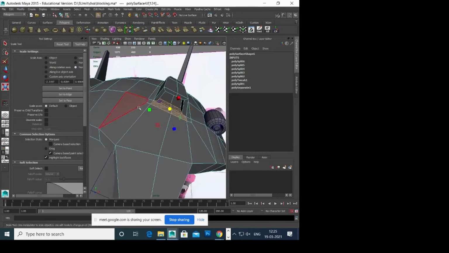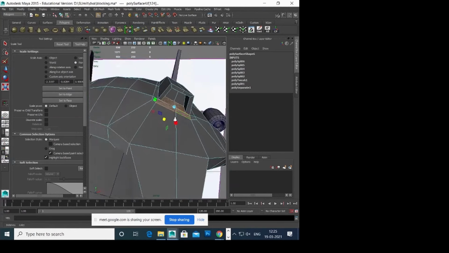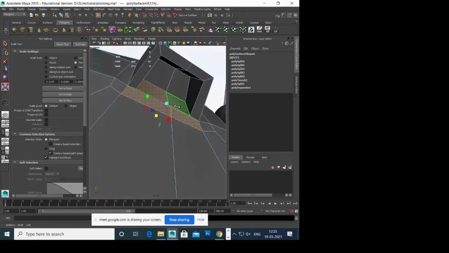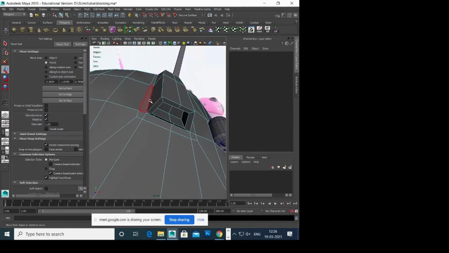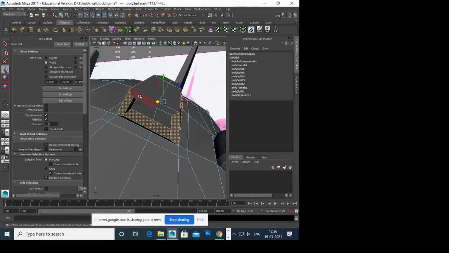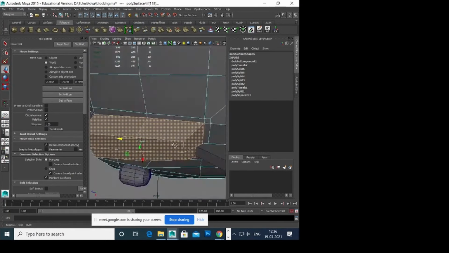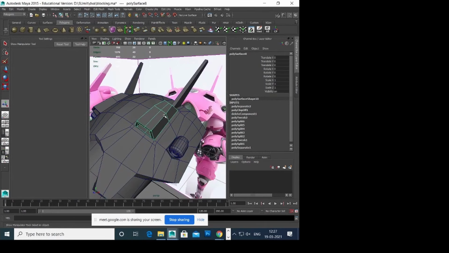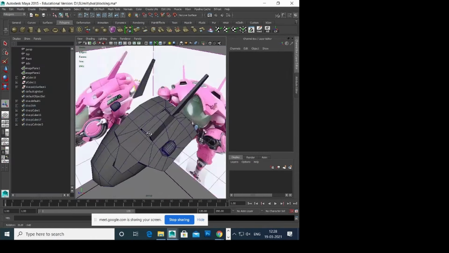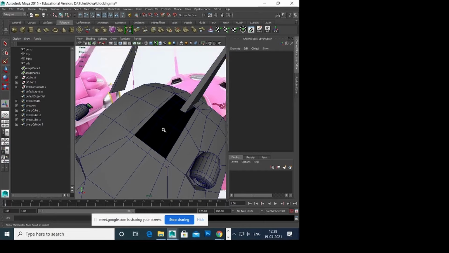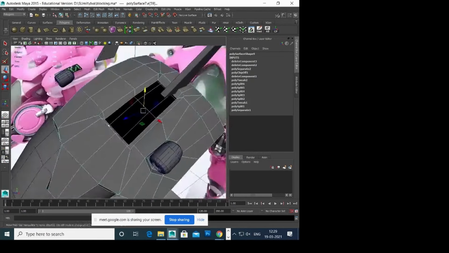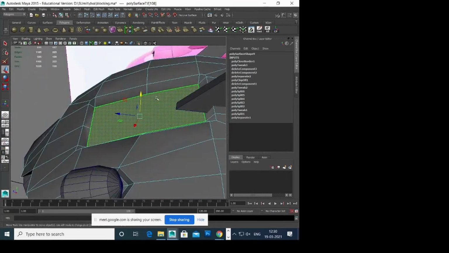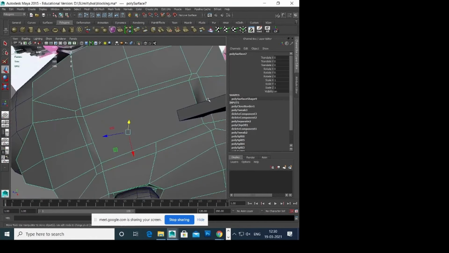There's a little depression there, so I'm just trying to add that. You can see it's a little tricky when you try to add any depression or any volume, so I separate the part and then do it. Fill the hole and connect all the points and make sure there is no intersection.